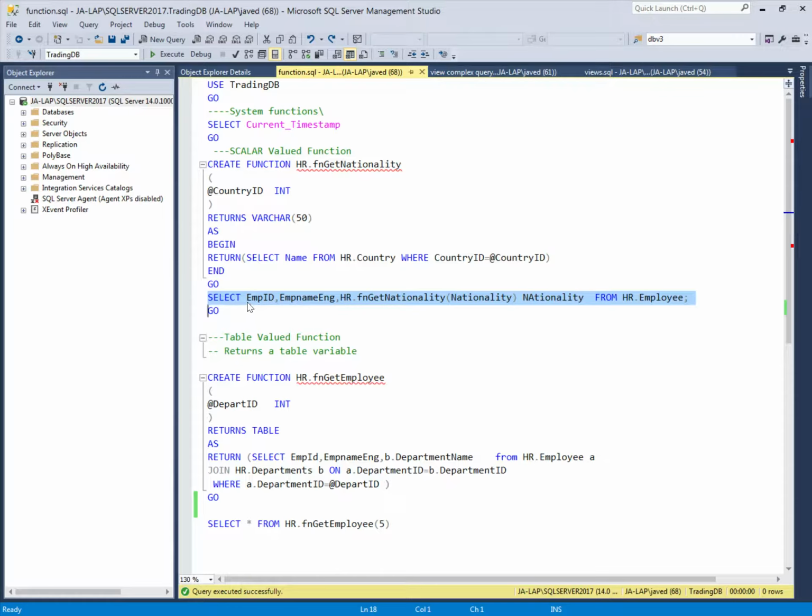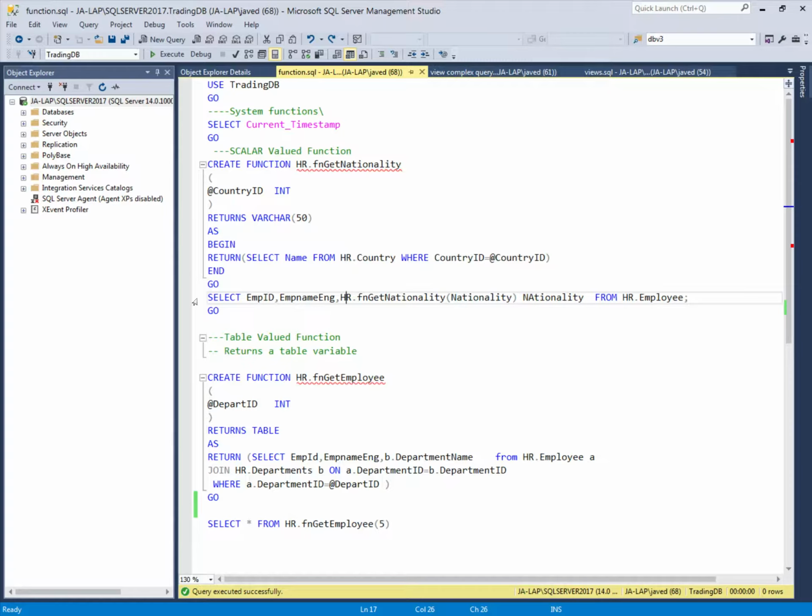Like I'm using this query here, I'm getting the value of employee ID, employee English name, and I'm using this function, and in the function I will pass the nationality, which is a country ID, and it will return the name of the country in this query.